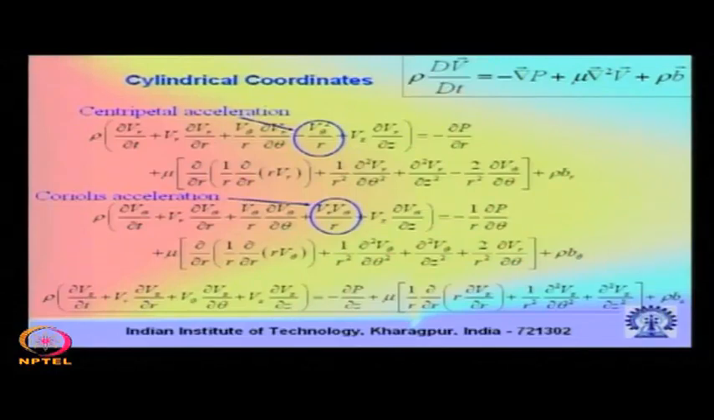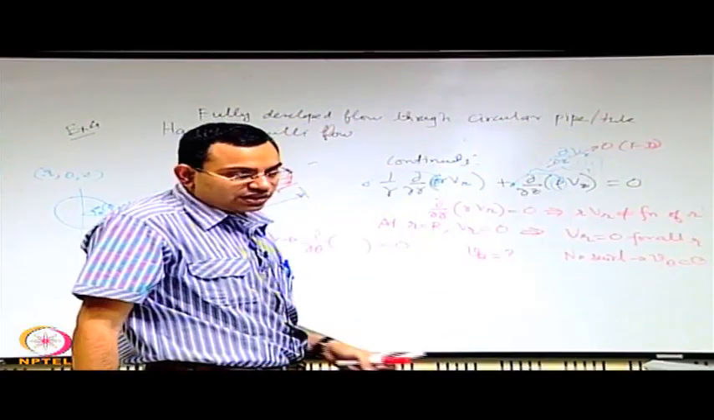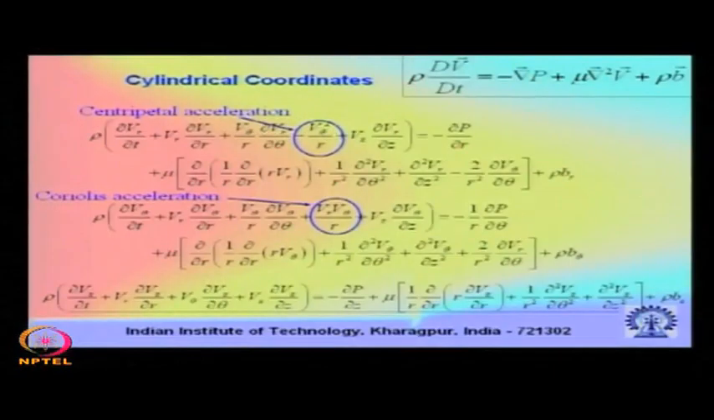So if you look into the theta component, the first term is dVθ/dt, which is equal to 0. The second term, Vr dVθ/dr, is equal to 0 because Vθ is 0. The third term has Vr and Vθ, so when Vθ is 0 that is equal to 0. The fourth term also has Vθ, so the left hand side is 0. On the right hand side, there is no p variation with theta,